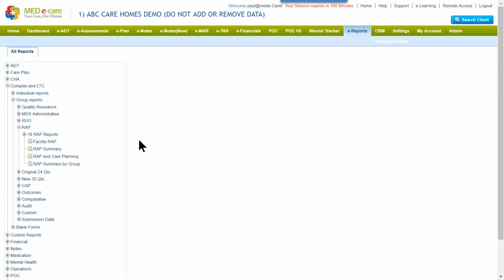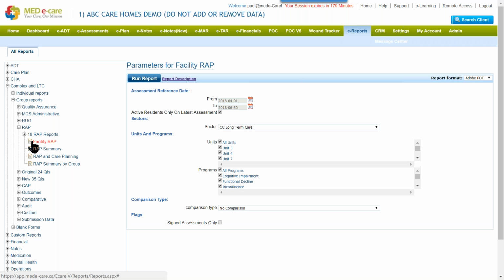And you can see under RAPs, we have several different options. There's a very simple, straightforward report that looks at all of the RAPs that are required and what percentage of individuals have triggered a particular RAP so that you're able to do your RAP summary as well as your care planning from them. Okay, so let's just start right here and we're going to pick the first section, RAP facility